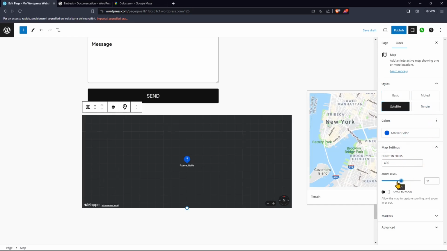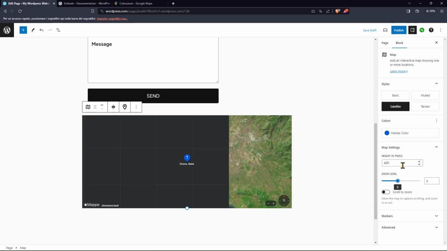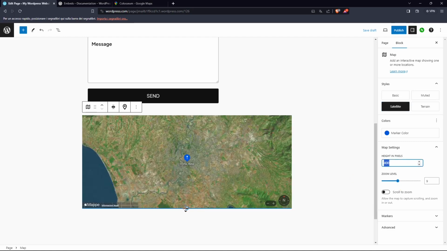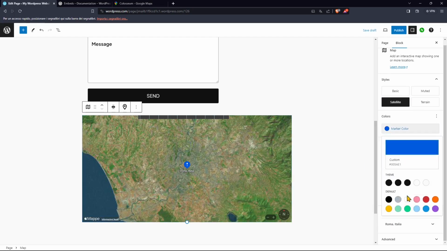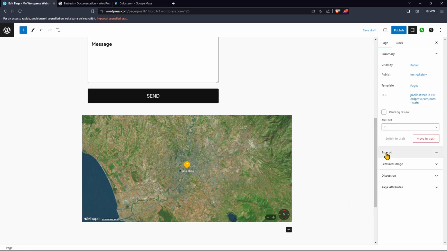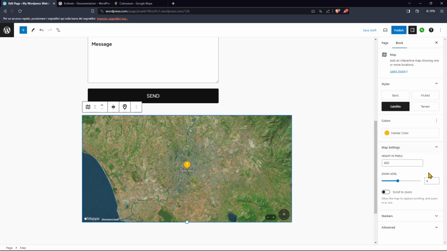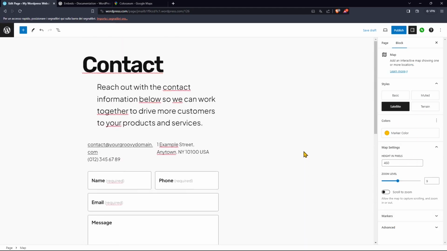height in pixels, zoom level. So you can change the height, make it smaller or bigger. And markers, you can also change the marker color and so on. So each block has its own possibilities here, right? Parameters. Okay, now I'm just going to save this as a draft